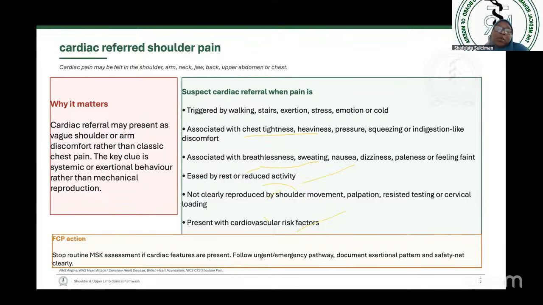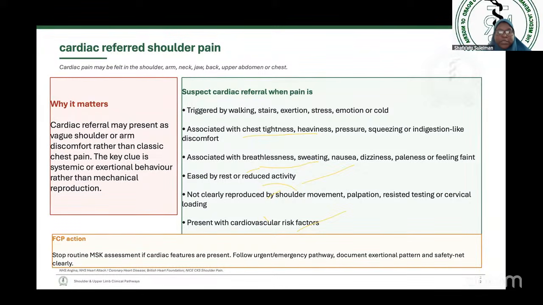If the patient is saying, once I walk for like 30 minutes, I start to get pain in my shoulder and it doesn't get better until I've rested, and we look into their profile, they have cardiovascular risk factors, obesity, hypertension, diabetes, like all other cardiovascular risk factors, then we should think the shoulder pain is not a result of the local shoulder structure,